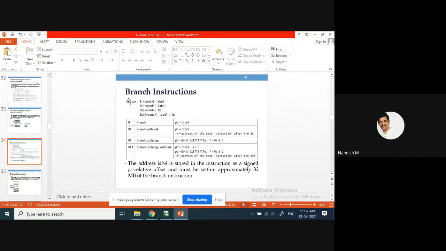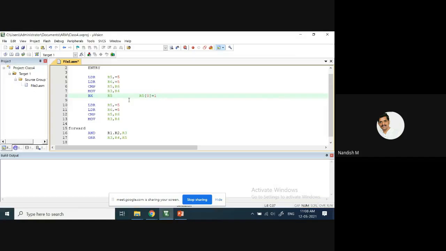Sir, in the BLX instruction, after executing that branch instruction, we'll come back to the main program. From there, will it be executed in 32-bit architecture or thumb 16-bit architecture? See, assume that this block can be in the same program or at some other location.